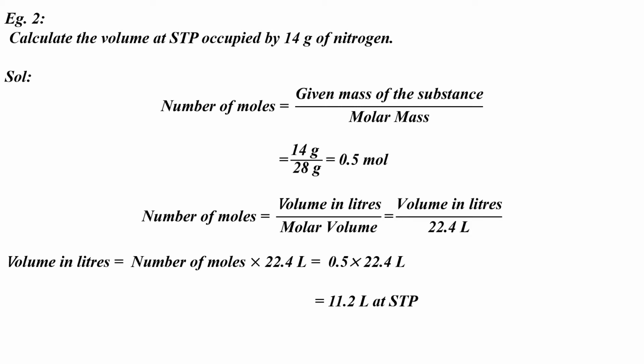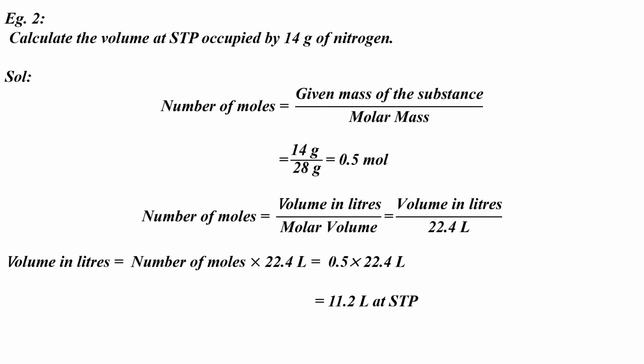In this problem, I have used molar mass in the denominator. You could also use gram molecular mass. No wrong in it. Okay, so let's do the calculation. Let's substitute the mass of the substance given in the question. What is it? 14 grams. We know the molecular mass of nitrogen is 14 plus 14, which is equal to 28. So if we express it in molar mass, it would be in grams. So that becomes 28 grams. So 14 grams divided by 28 grams gives you 0.5 moles.